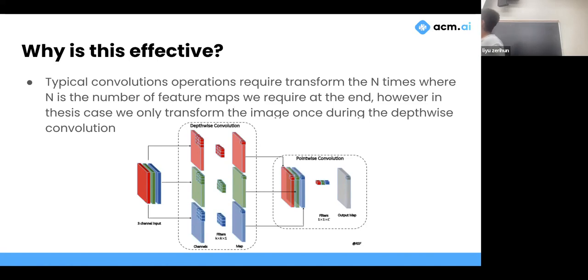But in the case of separable convolutions, you only have to transform it once, and then you apply the one-dimensional convolution n times to get those feature maps. So there's a reduction in the number of operations, specifically the multiplication operations, and this helps drastically.